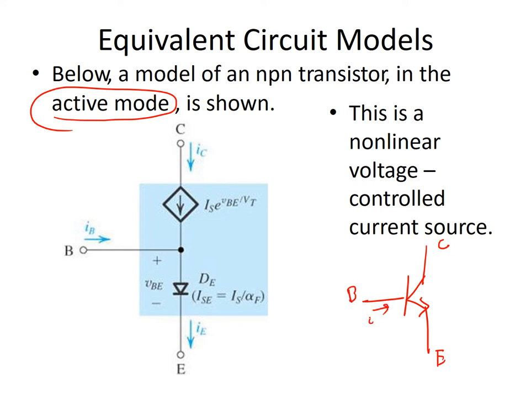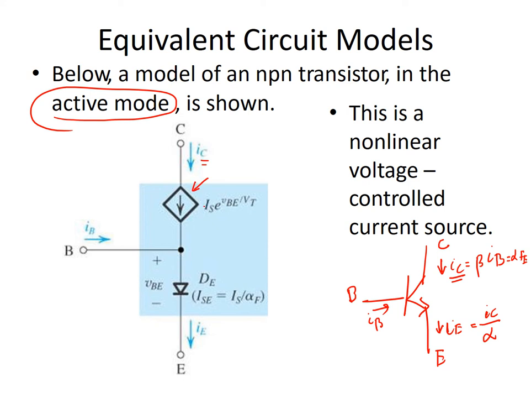We have a base current, and here we get the collector current, which is beta times IB. Here we get the emitter current, which is the collector current divided by alpha, since IC is alpha times IE. Basically, we have a current source, so we can model the collector current with a current source.